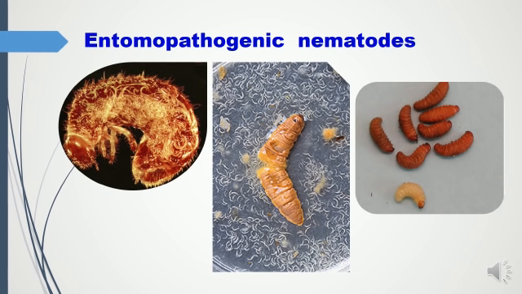Here the infective stage of the nematode is the third stage juvenile, that is J3. This carries the symbiotic bacteria Xenorhabdus species and Photorhabdus species in its digestive tract and penetrates into the insect host. They enter the insect host by natural openings or directly through the host integument. After entering, the nematode releases the symbiotic bacteria in the hemocoel of the host insect. The released bacteria multiply rapidly and cause a disease called septicemia in the host, which ultimately kills the insect host within